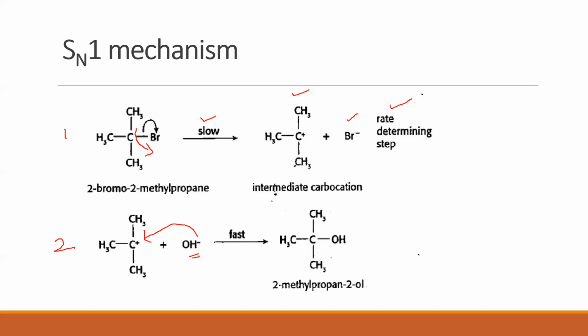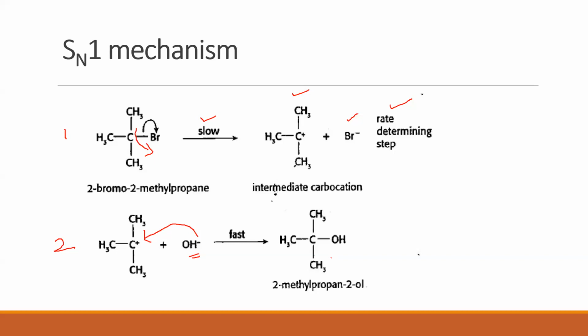The first step is the formation of a carbocation. How is a carbocation formed? Upon removal of the halogen. Now, how does the halogen go out? It goes out with the bond pair of electrons as a halide ion. The moment it goes out as a halide ion, what is the other species obtained? The other species is a carbocation. Hence, the first step is called the formation of a carbocation.